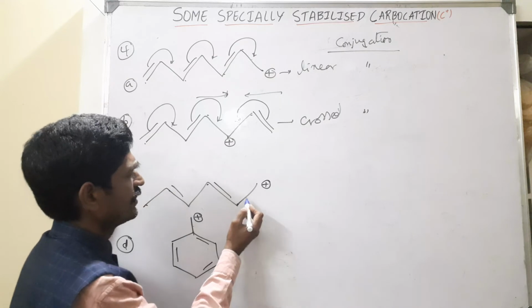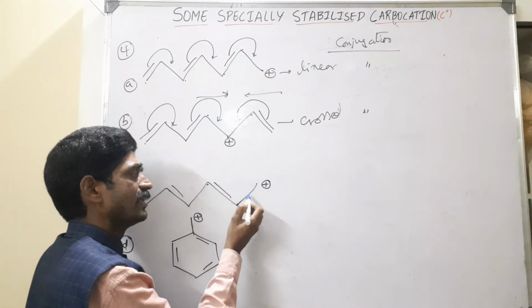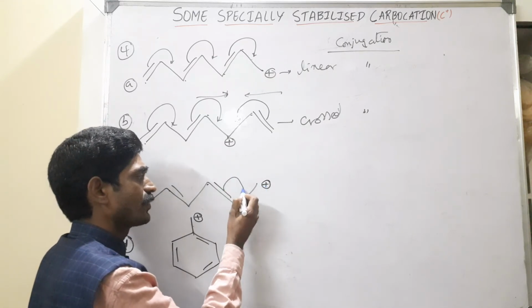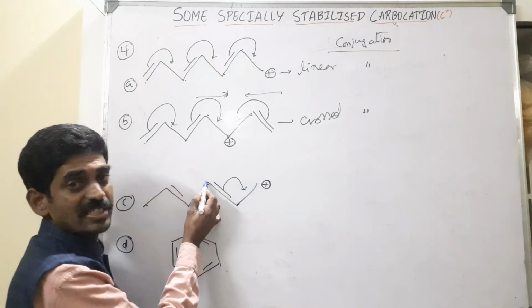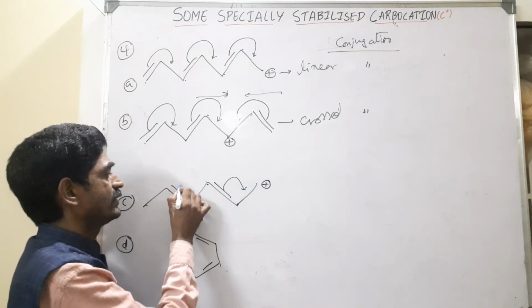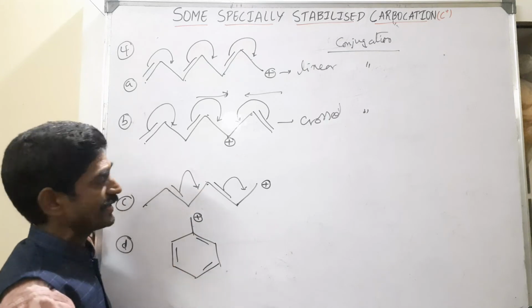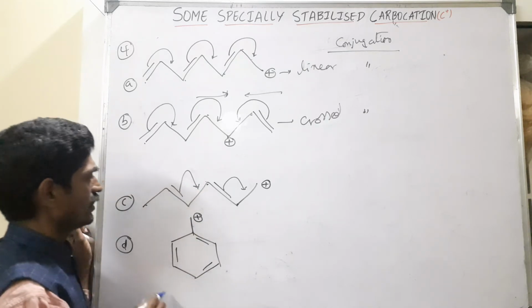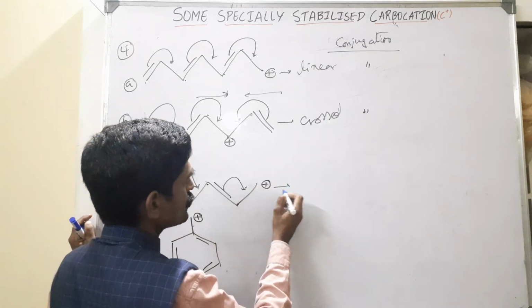In this case, this carbocation is unstable. Then these pi electrons over here are getting stable. This carbon gets positive. This is migrated over here. Then it's getting stable. Right? Okay. Next one. Here, what type of conjugation is this?